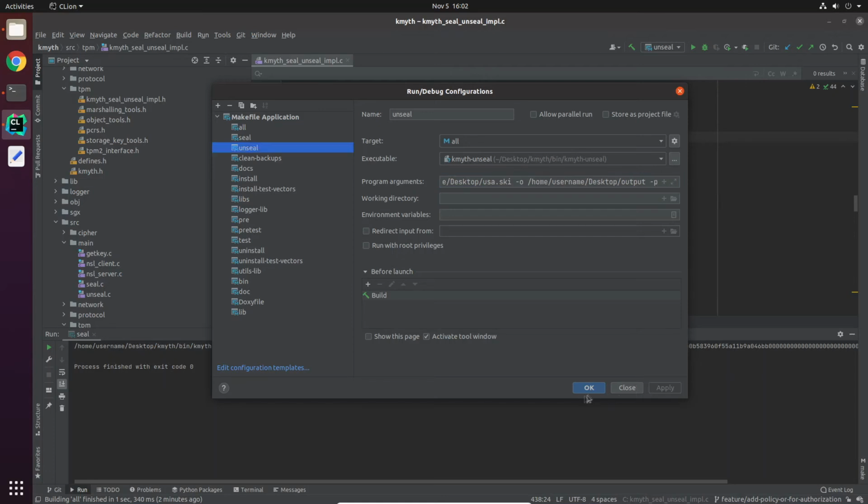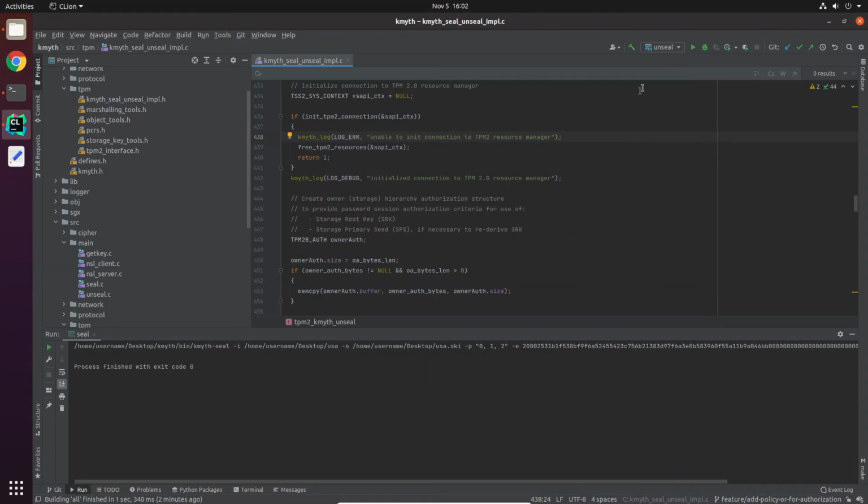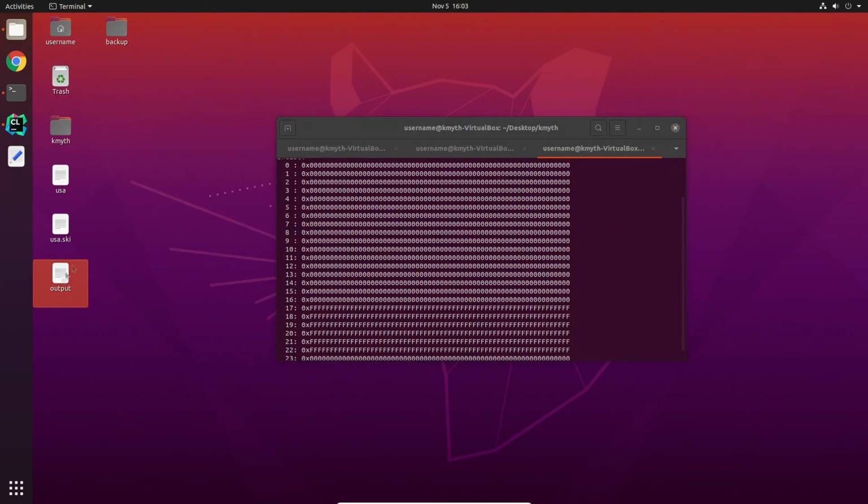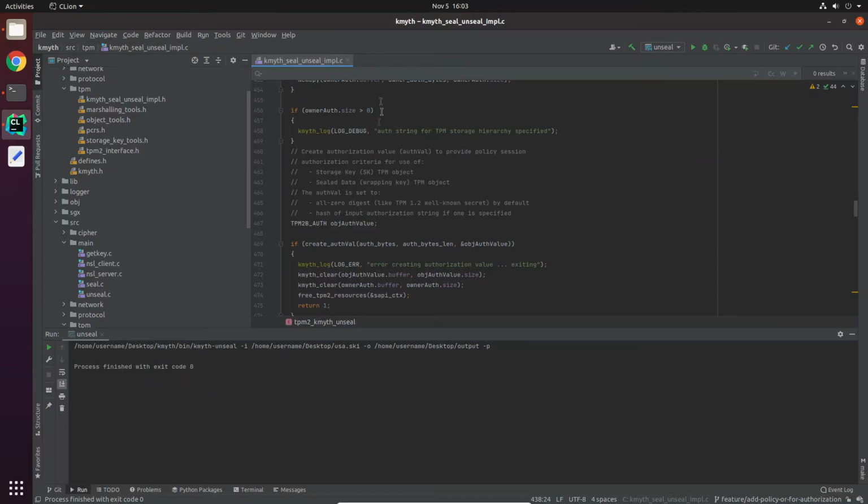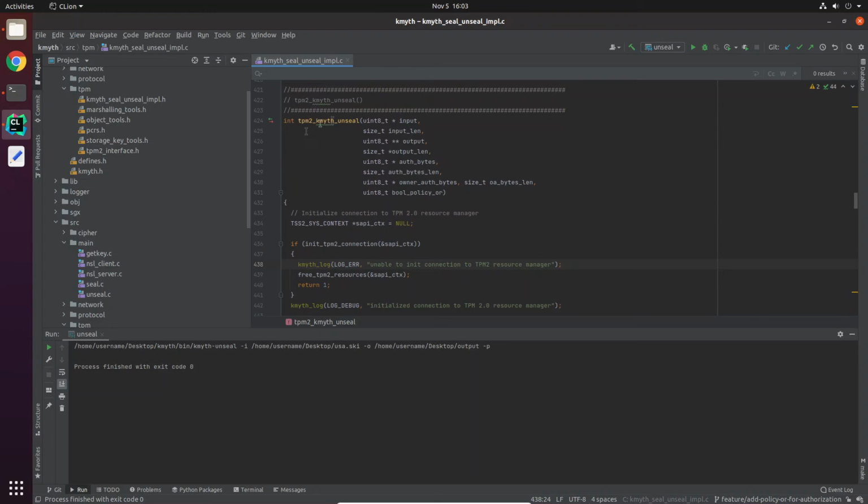We'll click apply, and now we can run the unseal. And now you can see we have this output file, and we get our text back. Now this is kind of the same thing that we already saw with the original implementation of Kmyth. To actually prove our implementation is different, we can once again go back up to where it says unseal,